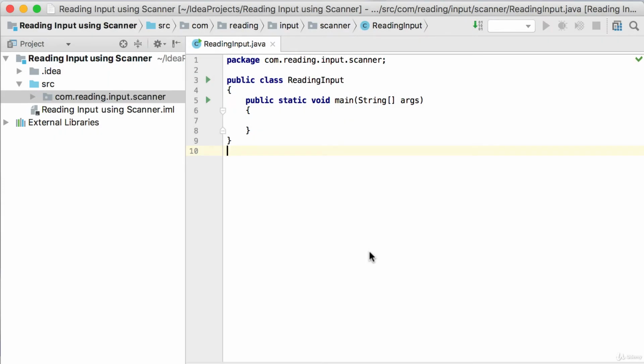A program without some sort of interaction with the user is no program at all. In this video, we will see how we can get input from the user by using the Scanner class and the System.out.println method. So what I've done so far is to create a new project like we did in the previous videos,